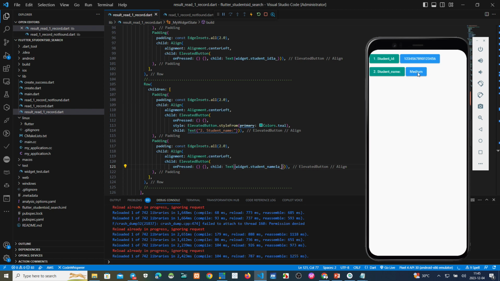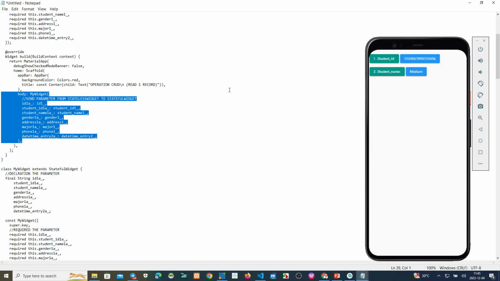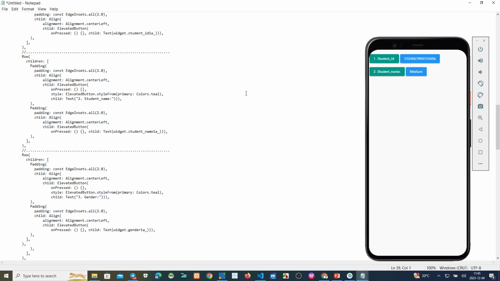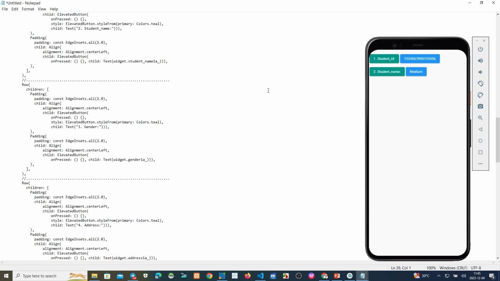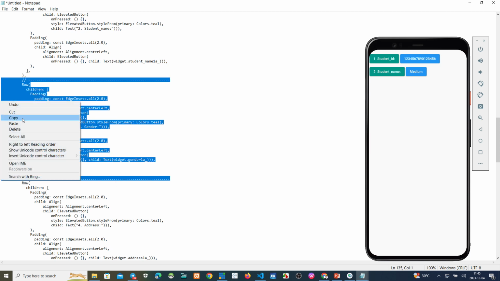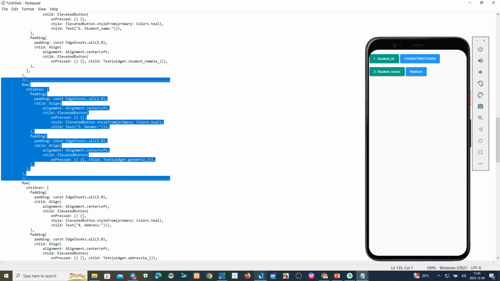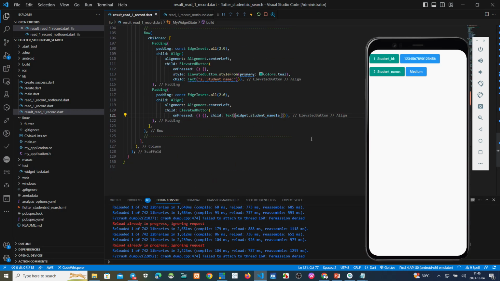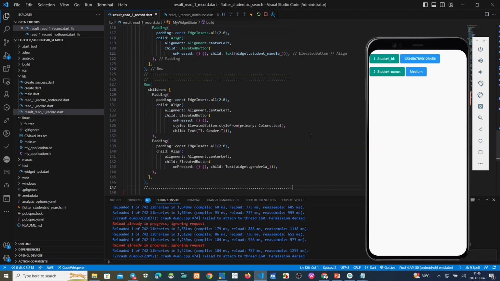Okay. Same with this, we can copy all parameters. Okay, to make this faster, we copy this. After student ID, student name, after that, gender, copy. This one. Gender.